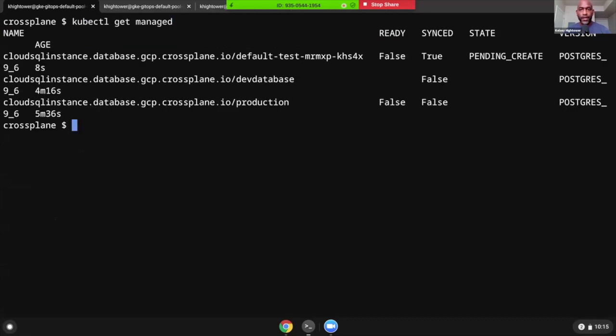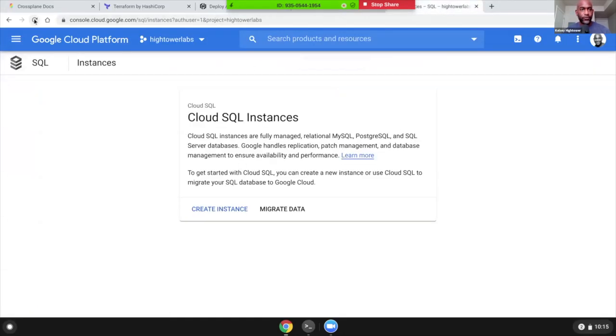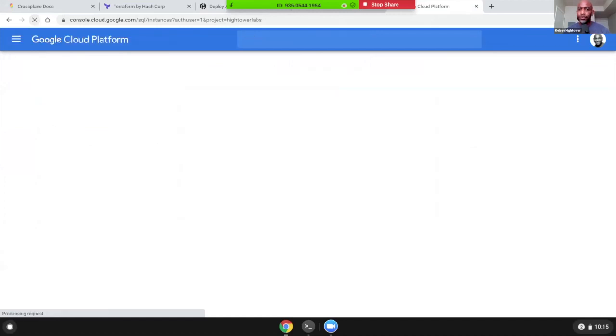Once these are in play, what you can see is this one actually coming up here. So once these are in play, we'll click over here to our Cloud SQL console, hit refresh. I can either use the Kubernetes command line tool to do all my work, but the truth is you don't